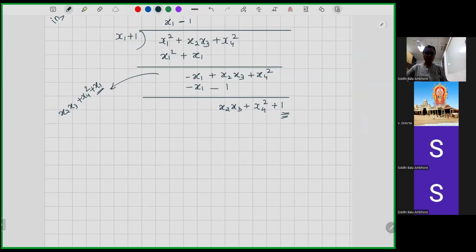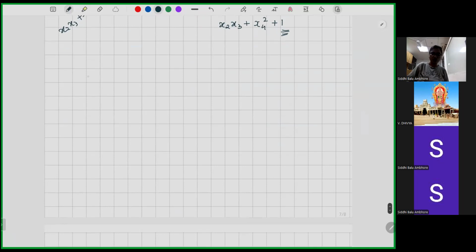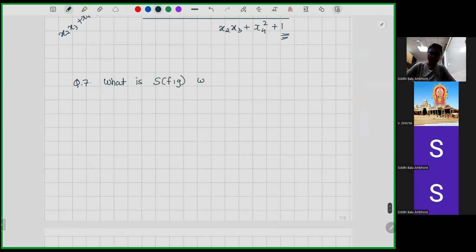And now the S polynomial, which I mentioned in the last lecture for Buchberger algorithm. Let us do one question related to that. What is S polynomial or S pair, and so on? So let us see what is it. What is S(f, g)? That is the S pair of polynomials f, g, where f is this polynomial x1 square plus x2 x3 plus x3 square, and g is now x1 x2 plus 1, in k[x1, x2, x3]